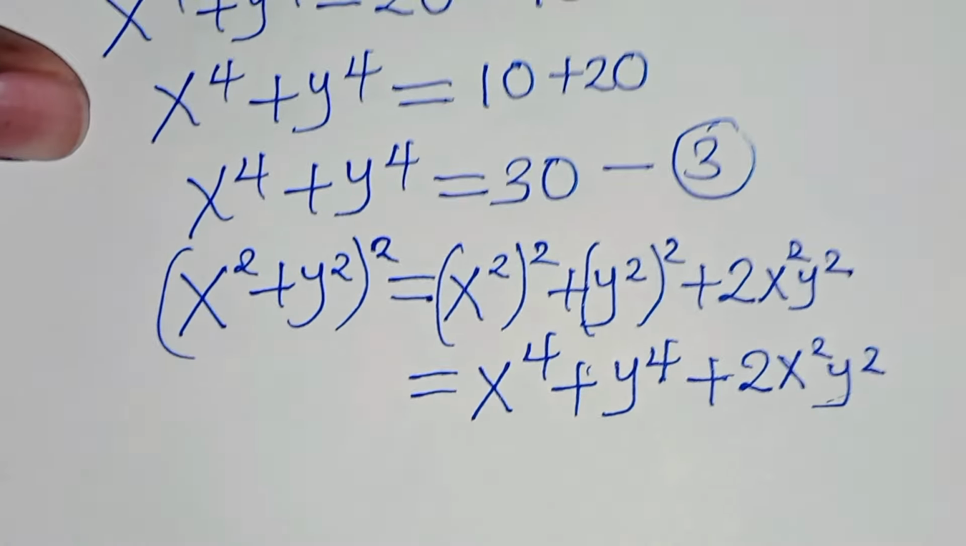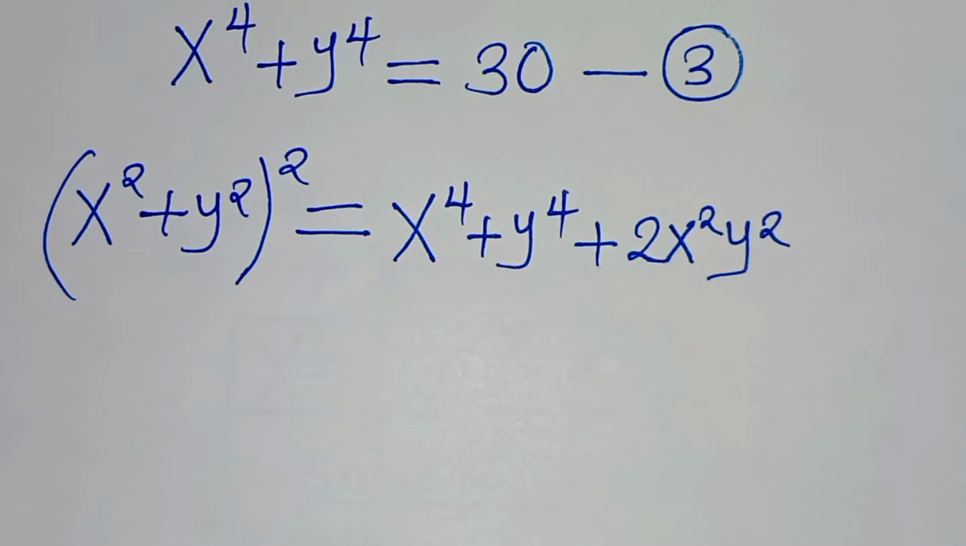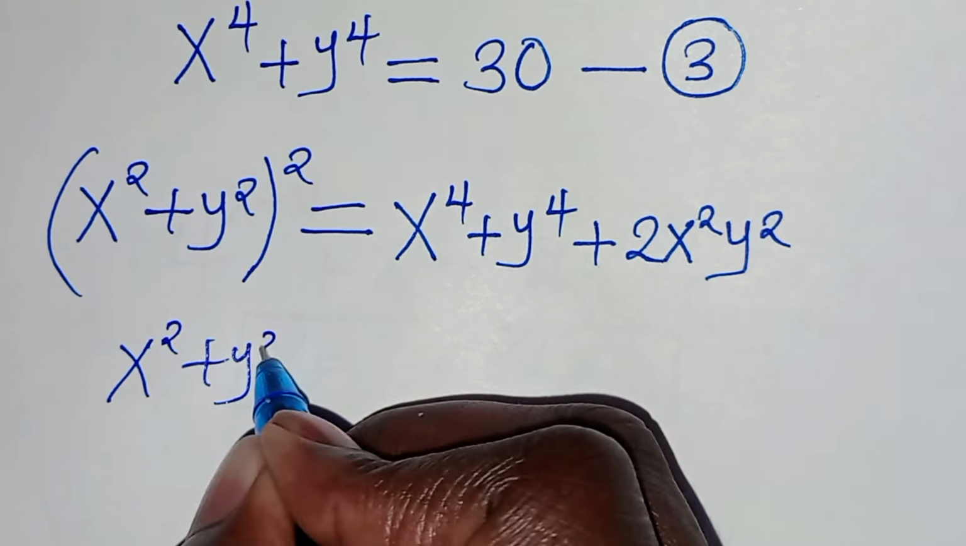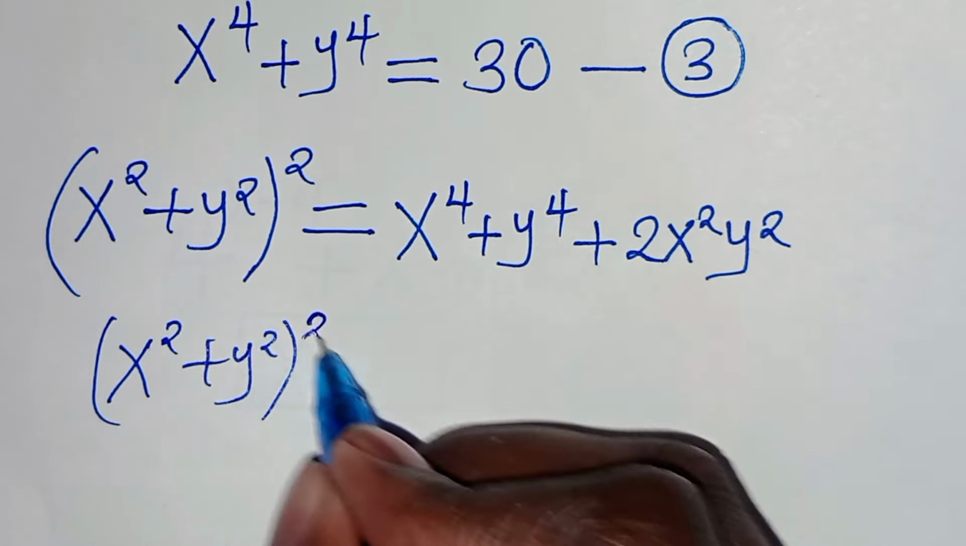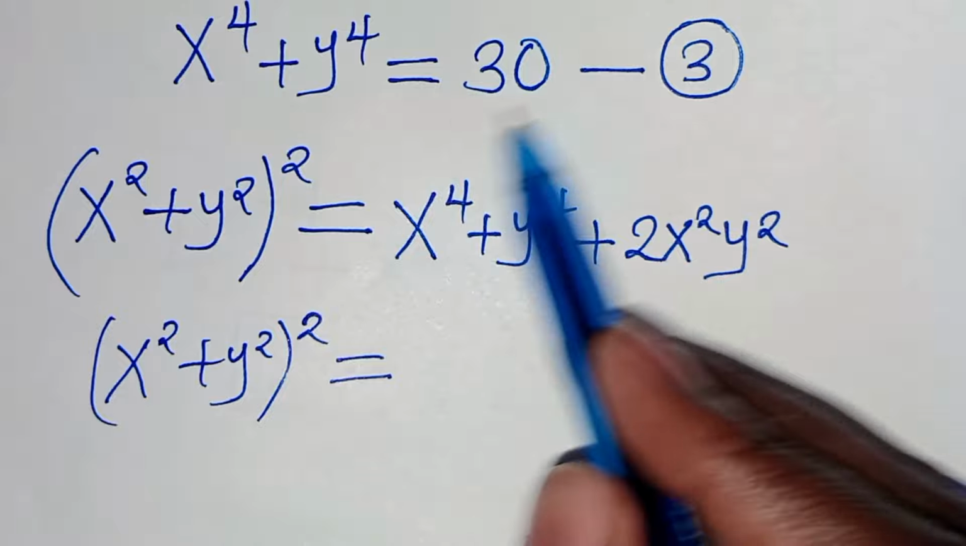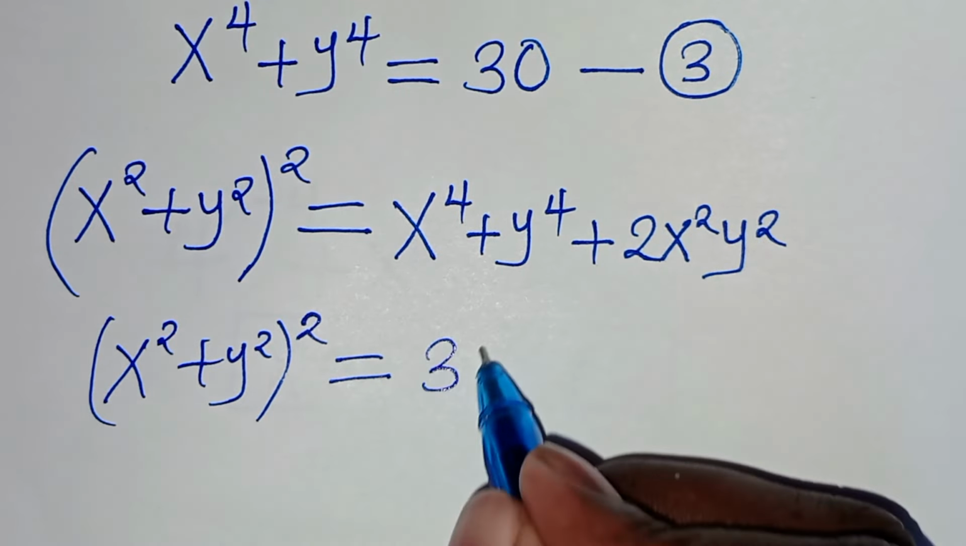So the next step from here, now therefore we have that (x² + y²)² is equal to x⁴ + y⁴. This is equation 3, which is equal to 30,